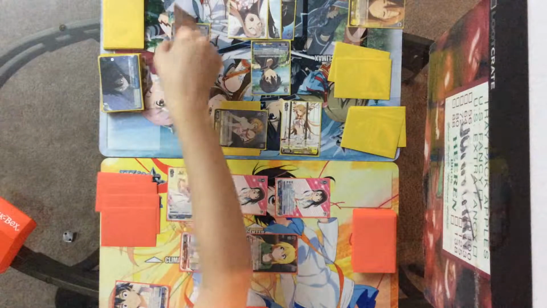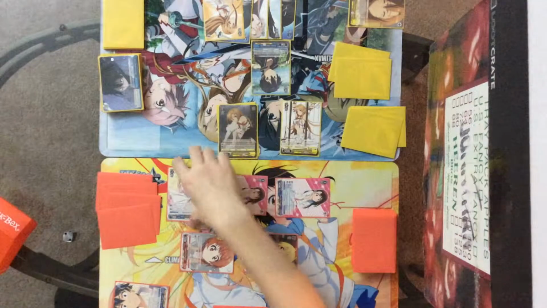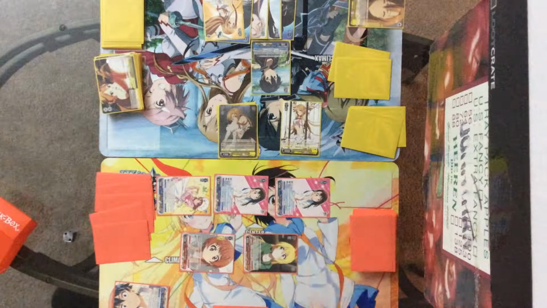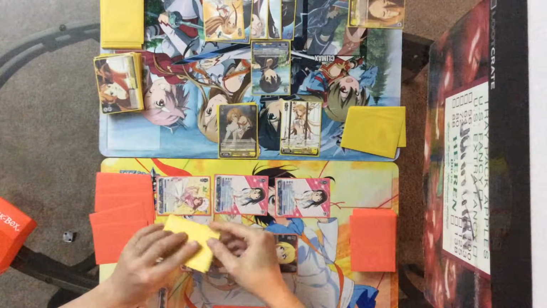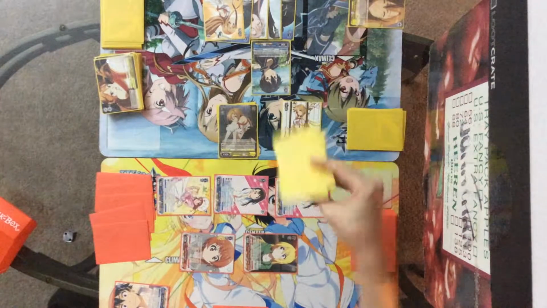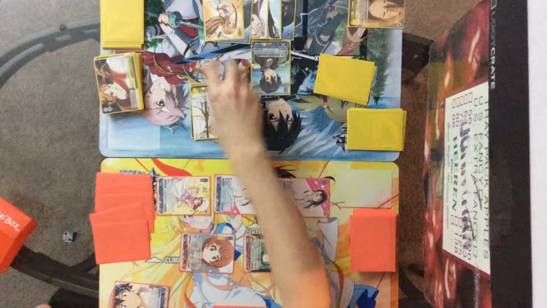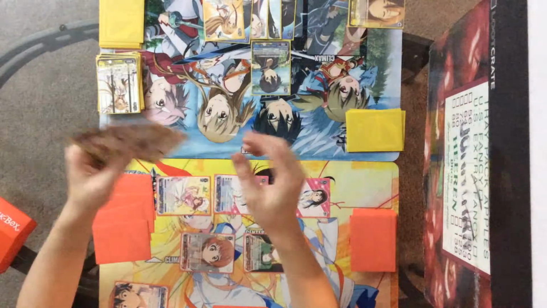For 2 damage. 1, 2. It is 2, right? Just 2. So 2 damage. She dies. And I'll swing directly for 2. 2 damage. 1. Cancel. Now, let's see. Oh man, I don't know whether or not I should save or... I'll let him go. Draw 1. So I'm going to do something I can just...